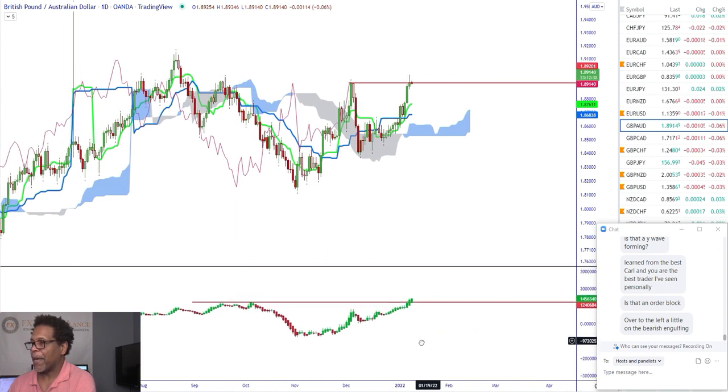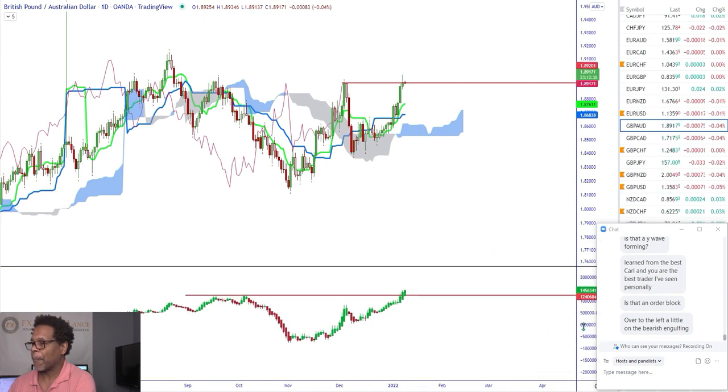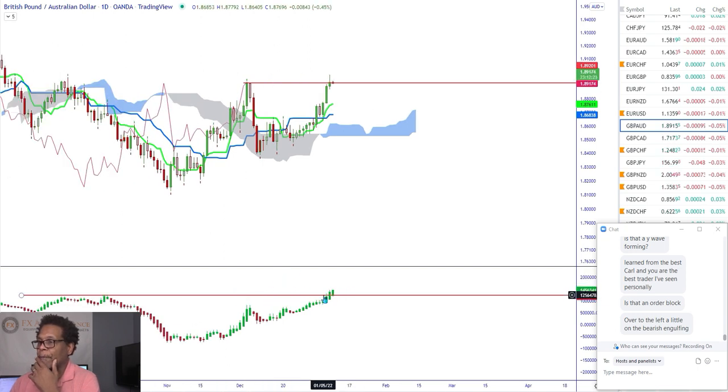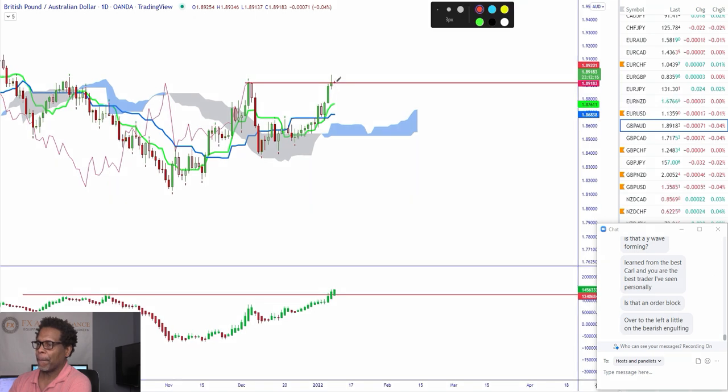So we have some demand coming into the market, but we're at a resistance point. We just got our crossover. The cloud's not that thick. We could break this level, and I'm seeing strong demand in the market. I wouldn't be long here because it's not my point where I go long. So if I'm going to go long on this, I'd be patient and wait. I would be going here and then long. All right, when we get back to this level.